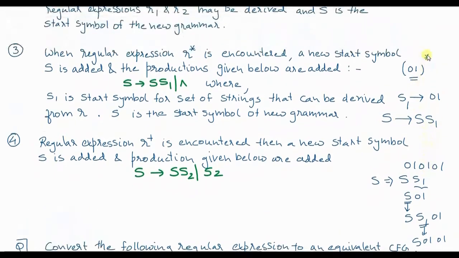But also star means what? This can be repeated 0 or more number of times. Now if something has to be repeated 0 number of times, then you should get null string, right? So I write this as S gives SS1 or null. So that means S will replace itself with SS1 as long as more number of 0 1 0 1s are required, and once, like here, 2 0 1s we have got, and now suppose we feel that there are no more 0 1s required, S will be finally replaced with null. Correct? So this is actually the meaning of clean star.